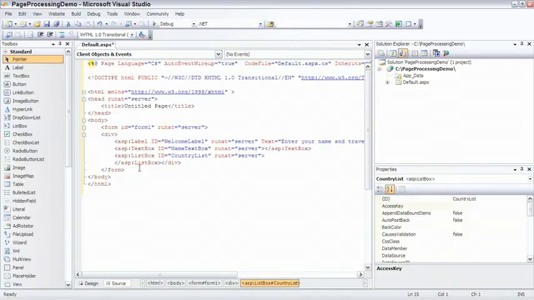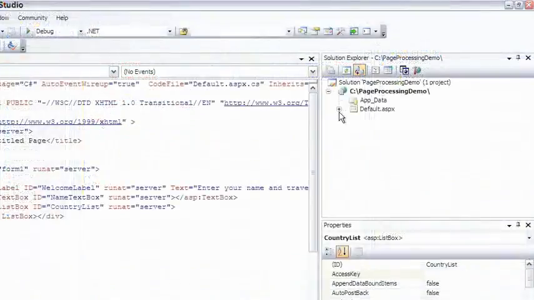Imagine, for example, the scenario where the countries that we want to add to our list box isn't known at development time. Maybe it's going to change every time we run the application. Maybe we need to get the list of countries from a database, or maybe we need to call a web service to get the data from some dynamic place. So rather than having fixed initialization, we're going to initialize the list box programmatically, and that means going back to the code behind file,